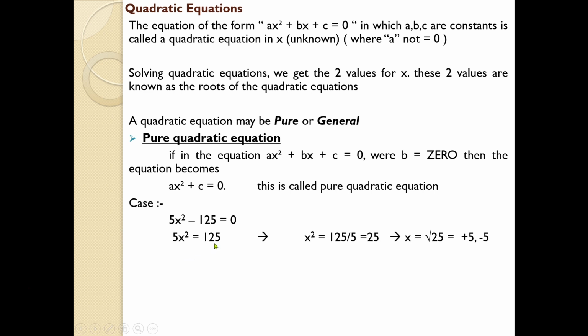5x square equal to 125, because we have to change the position of known values and unknown values. Unknown values have to be shown on the left hand side of the equal sign, and known values should be shown on the right hand side of the equal sign. So it will be 5x square equal to 125, where x square equal to 125 by 5, it will be 25, and finally x square equal to 25. In order to remove the x raised to 2, we can show it as x equal to root of 25, because if x square is 25, then x will be what? The root of 25. So you will get 5.